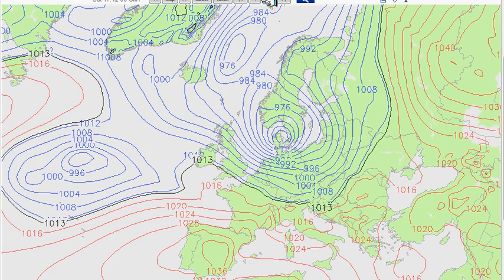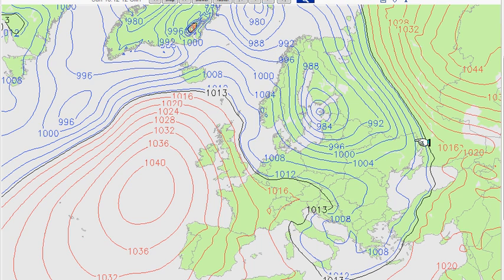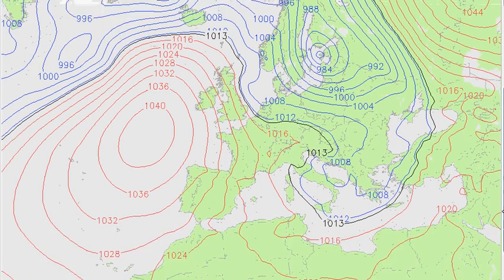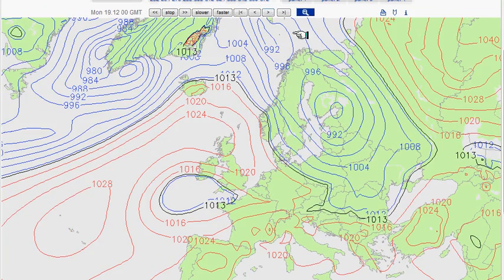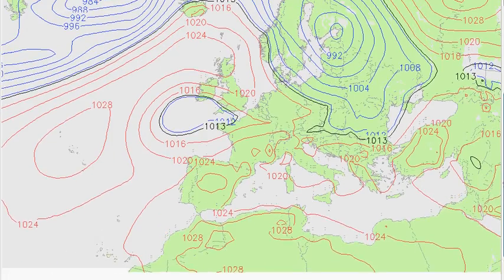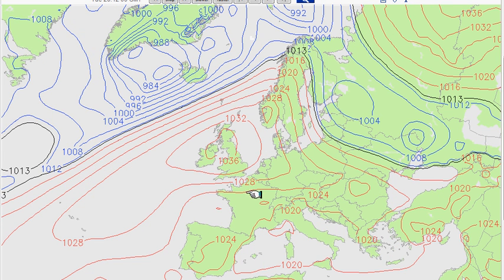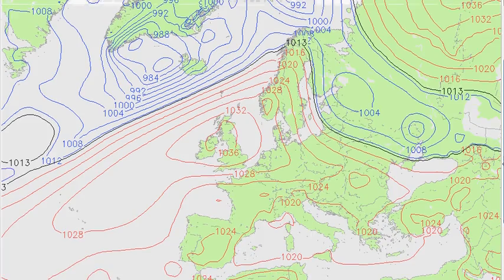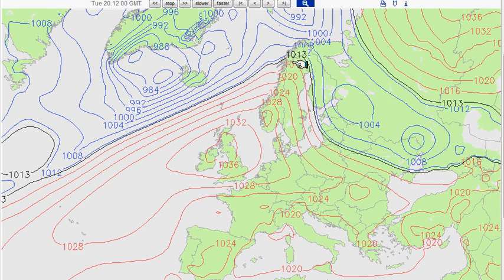So, as we get through into Sunday, look what happens. High pressure building out towards the west of the country. That's building in, and then by midnight on Sunday, look, high pressure still there, but we have this little feature off the southwest approaches. Now watch what happens to that. Okay, I'm going to knock it on in 24-hour steps. Here we go. That slips southeastwards. It gets dissolved, leaves us with high pressure across the UK, and then as we get in towards Christmas week,